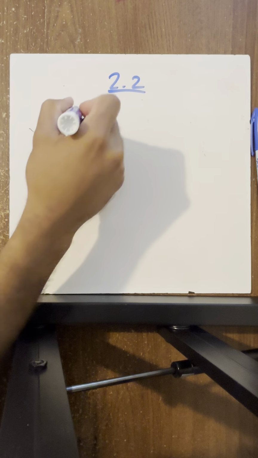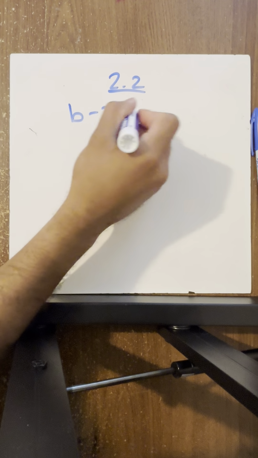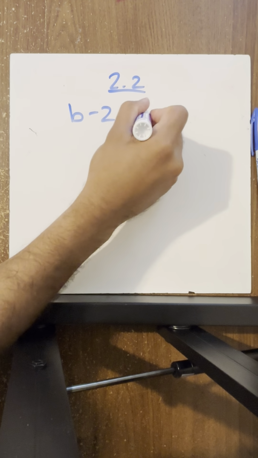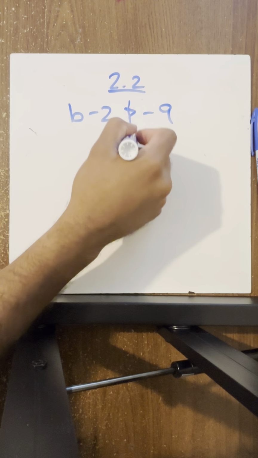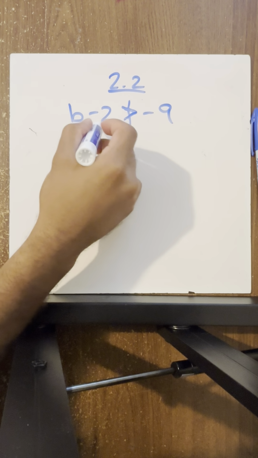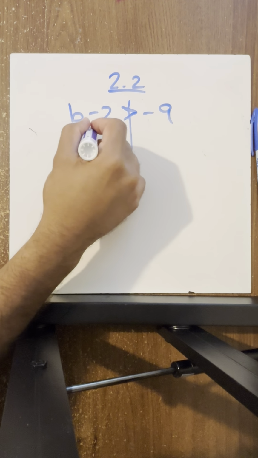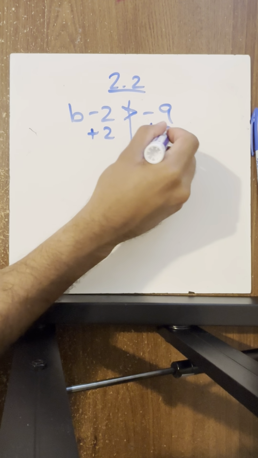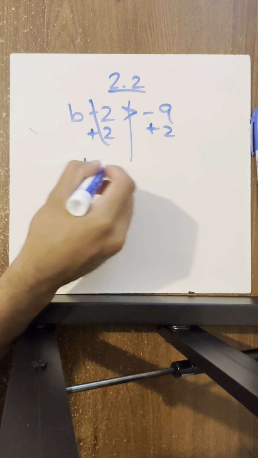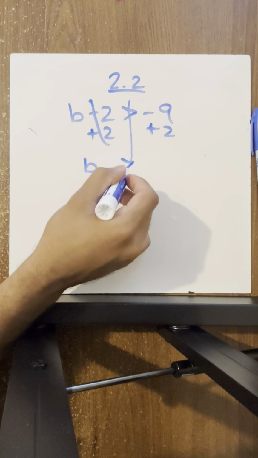So if the question said b minus 2 is greater than negative 9, we'll do the same thing. Okay, so we want to get the numbers onto that side, so we know that we will add this 2 over here to cancel out the 2's from this side, leaving only the letters on one side. Okay, b is greater than